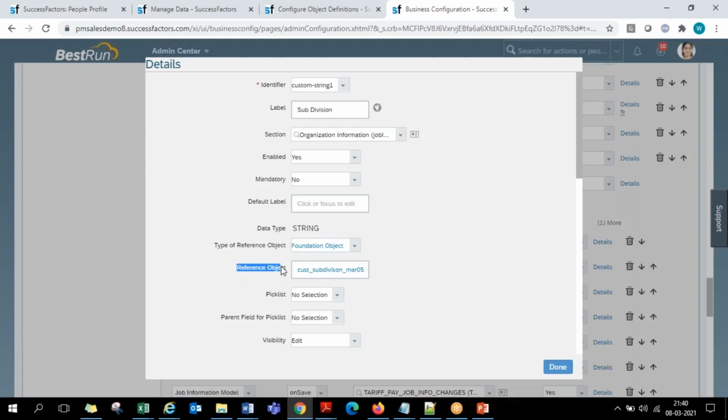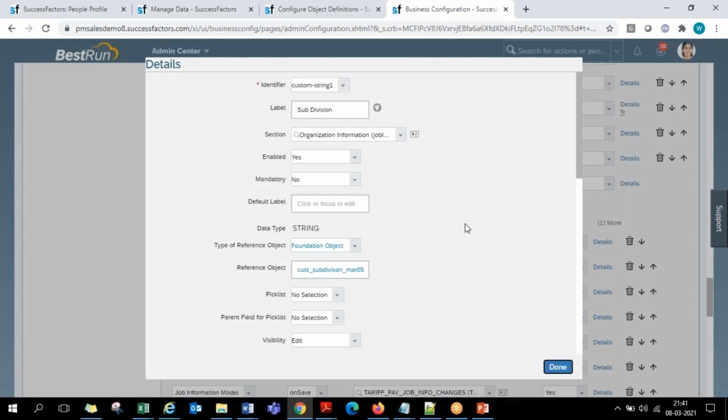For standard fields like legal entity, business unit, division, department and all, we need not do this. That's at the system framework level. It will already have a default mapping internally in the system. You need not maintain this attribute separately. But for custom created layers, this is one additional step that is going to be added, guys. Whatever custom field you added, for the custom object and this custom field, if you want a linking system, this field has to refer to that foundation object. Whatever values are created against this foundation object will come here. So the type of reference object, with the reference object code, has to be given here.